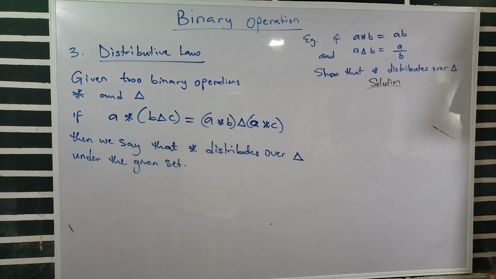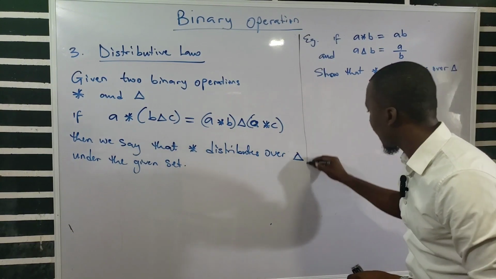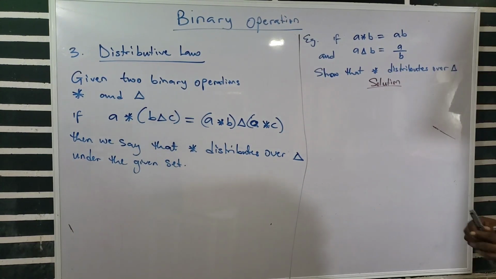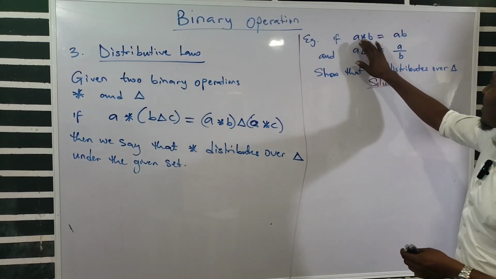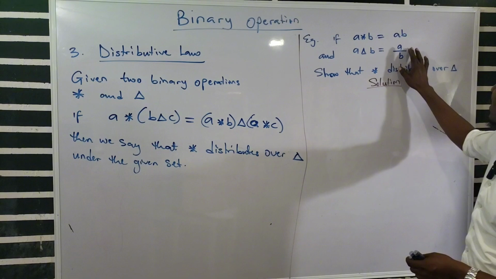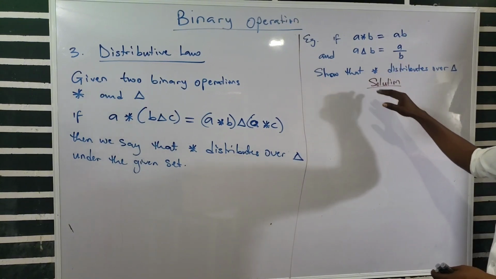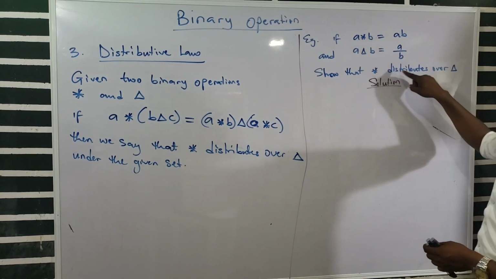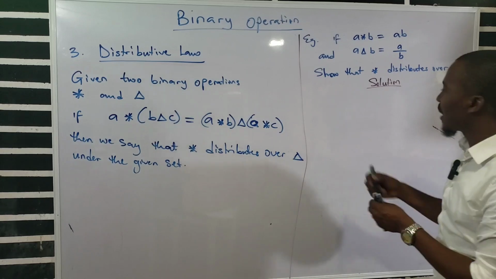Okay, so look at this example. It's a very simple example. We can even solve using algebra, or we can solve using numbers. So we have that A binary. This particular binary is multiplication, while this particular binary is division. So we want to know whether this binary distributes over this. So we are to show